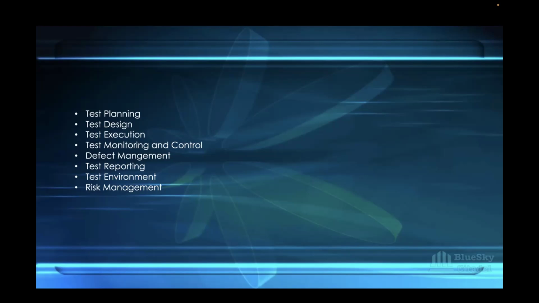It comes with experience, and as time goes on, later on as well, Rita is going to take you guys through how to design your test cases. And after you've designed your test cases, you have to execute them. So this is running the test cases and the script to verify that the software behaves as expected.